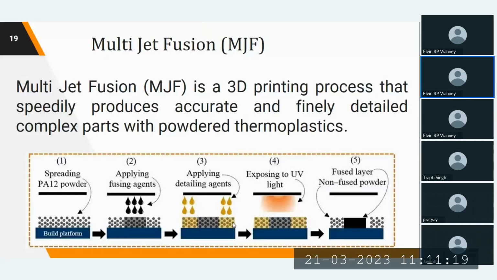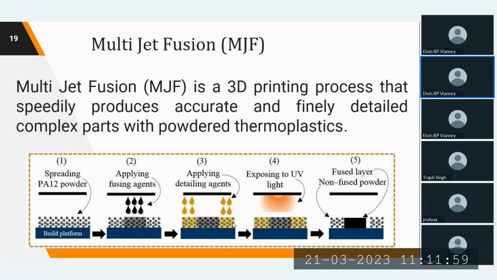The next one is MJF, multi-jet fusion. This is used in industrial applications. Here what we'll do is we use a powder, and then we'll apply a reagent like a fusing agent, maybe a resin. That resin will in turn be poured at specific areas, and then UV is exposed. When the UV is being exposed, that particular resin and powder area will get completely strengthened,